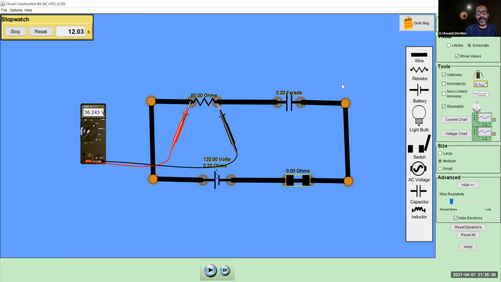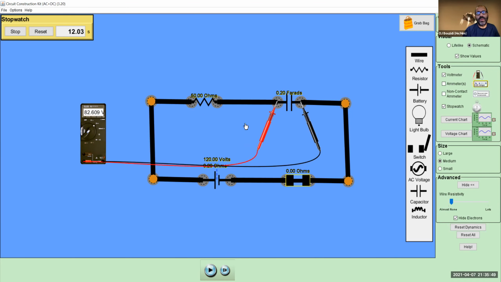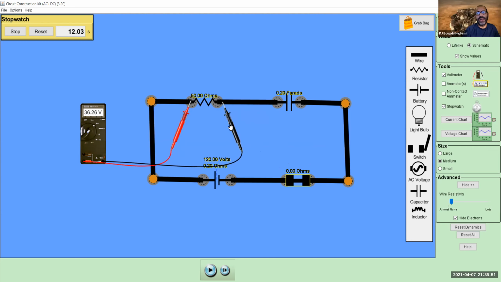If you're curious to see what happened in here, this voltage is increasing. The sum of these two voltages should be around 120 volts. So again, I can check this voltage in here. It's 82.6. This voltage in here is 36.2. 36.2 plus 82 point something is going to be around 120 volts, this voltage, okay? I don't care about this voltage again. All I care about is just this voltage. So this is my second point in the